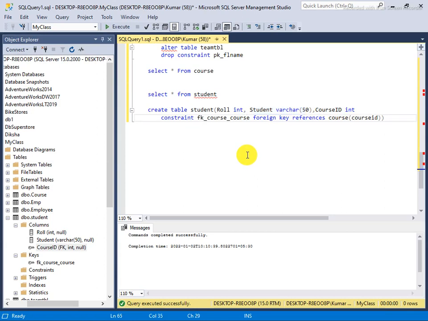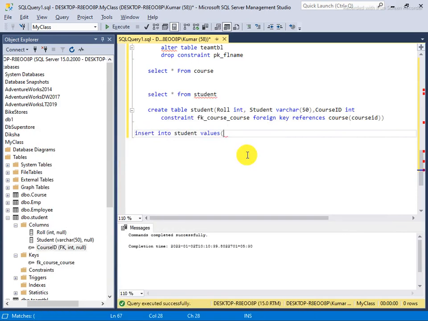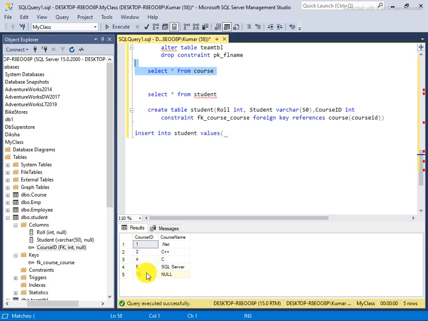Now I am trying to insert some values here. Insert into student values. Now what's the course ID here? I run this, so 1 to 10.